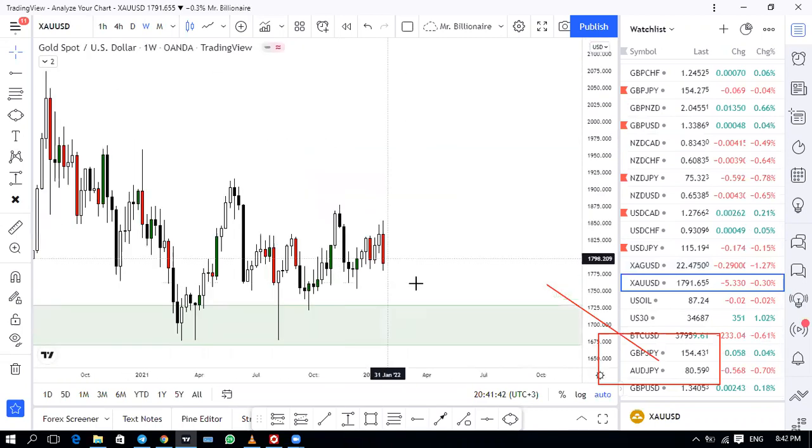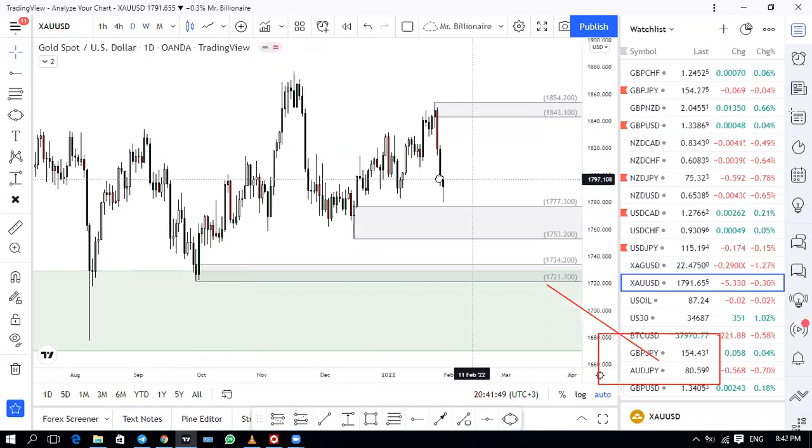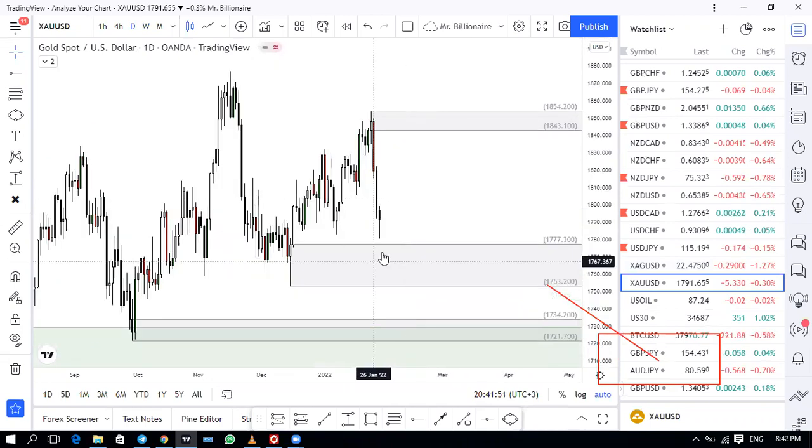Goldie, I see retracement toward the weekly demand zone. So currently, yeah, let's wait for price to respect this level. If this level